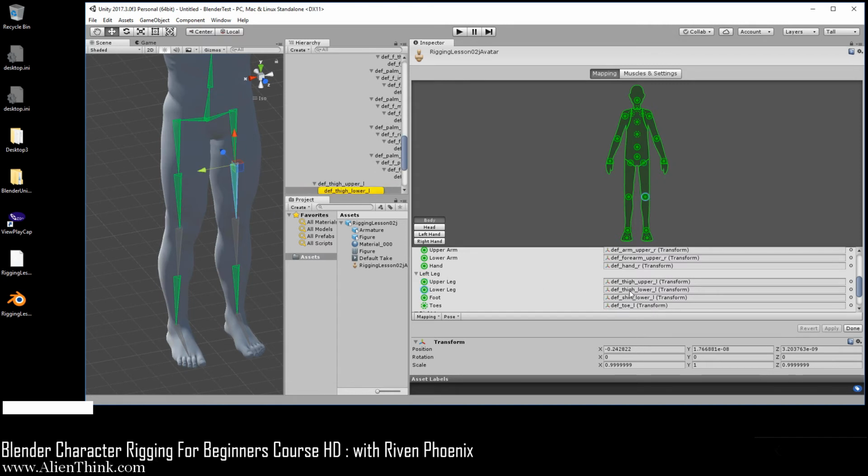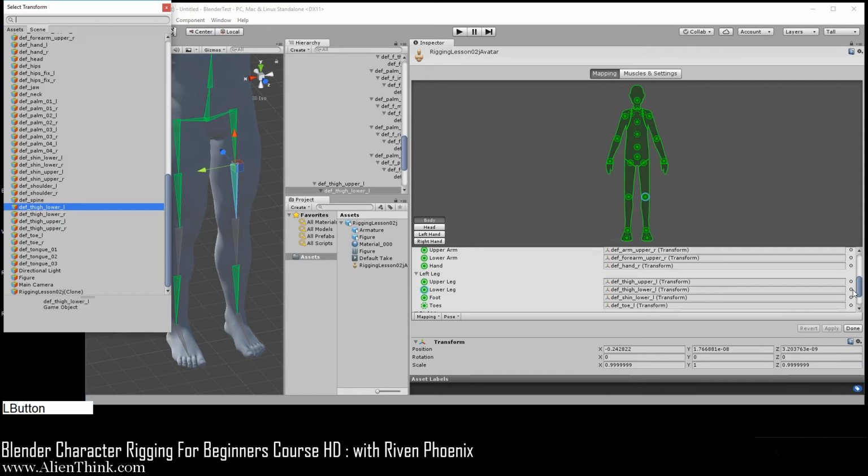We're going to click over here, and you can see the lower leg, so we have to click on this icon over here. What we need this to be is dev dot the shin bone, basically. So we're going to hunt this down. Let's see where this is.